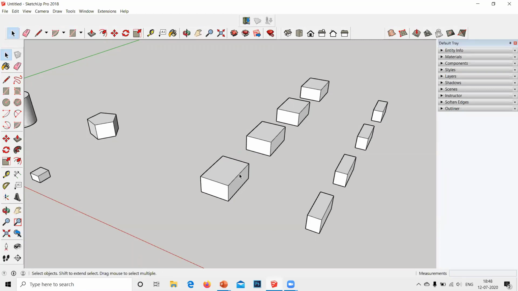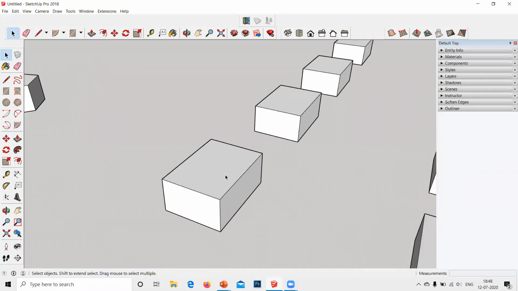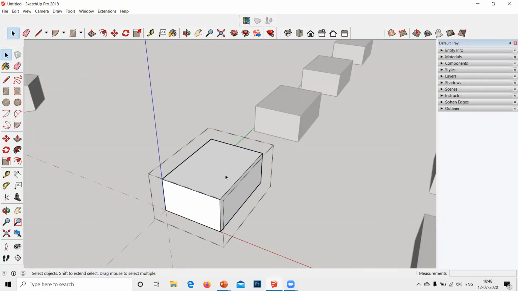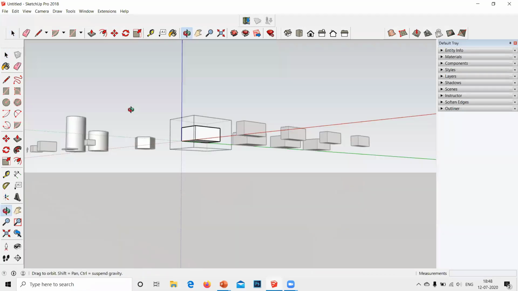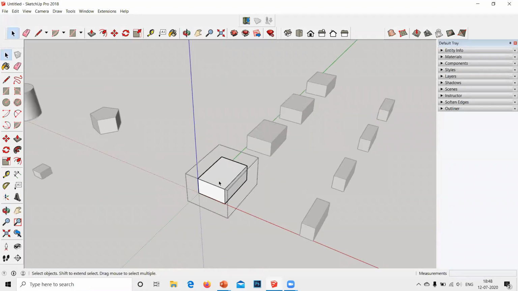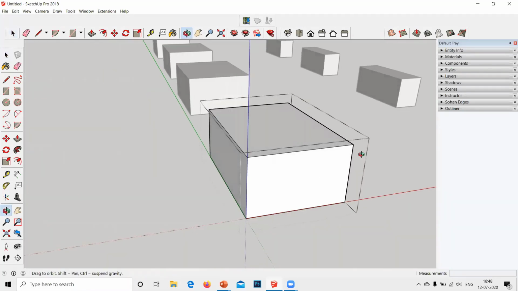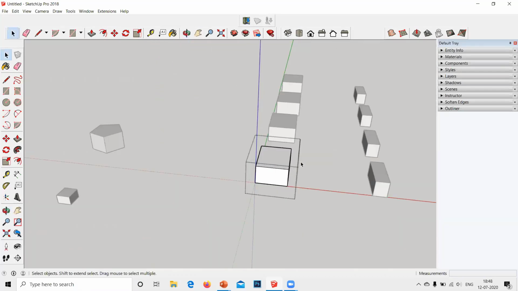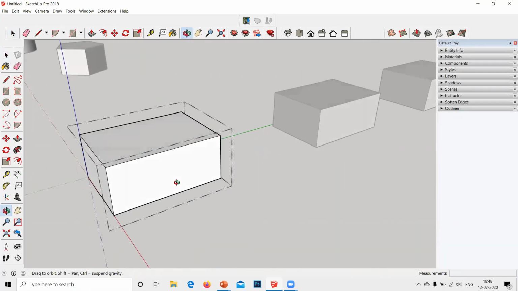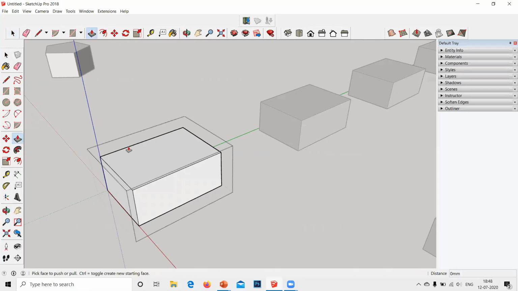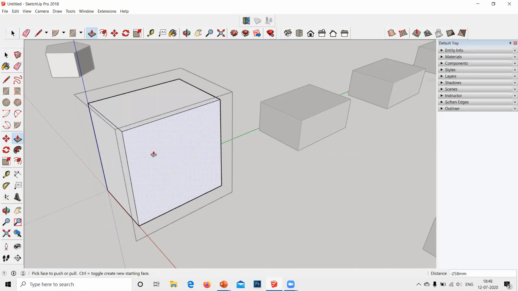To give any addition or to change anything inside a group, you have to double click on it. Okay. Right now I'm double clicking on this group. As you can see, everything else turns blur and only this portion the SketchUp is focusing on. Only this cube. Now I can increase its height, decrease its height.